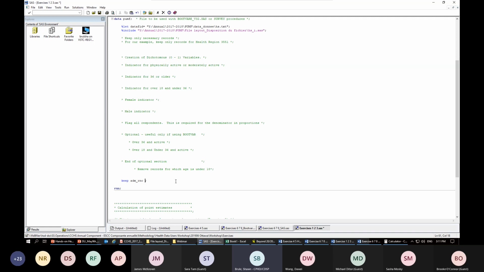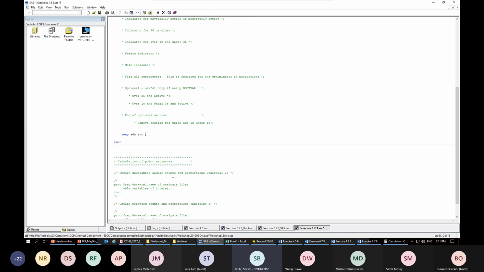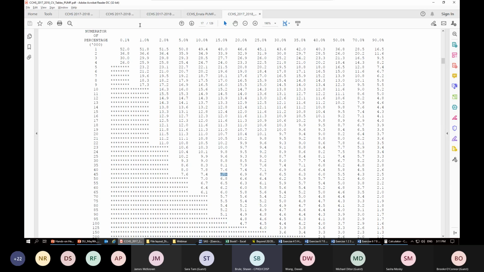For analysis using SAS or SPSS, the bootstrap weights are on a separate file. You're going to need to link it to the PUMF file using the record identifier, which is the ADM_RNO variable. That's the only real administrative variable that you'll need to keep. Everything else, you're just keeping analysis variables for whatever you're doing. So in this case, we wanted to look at the GEN_25. We wanted to look at the province or territory. And when I look at the data dictionary for this particular variable,